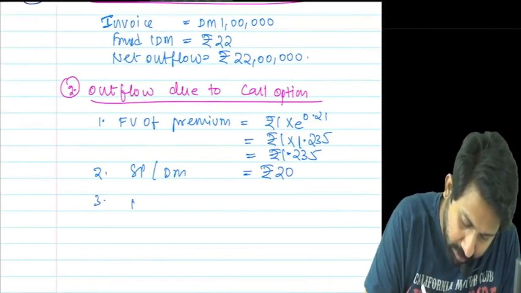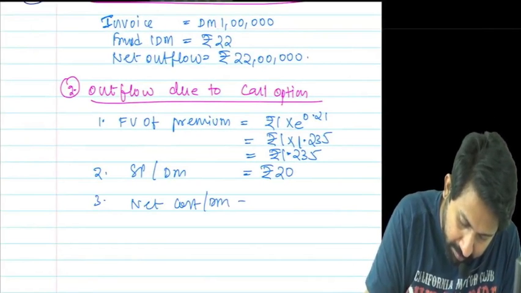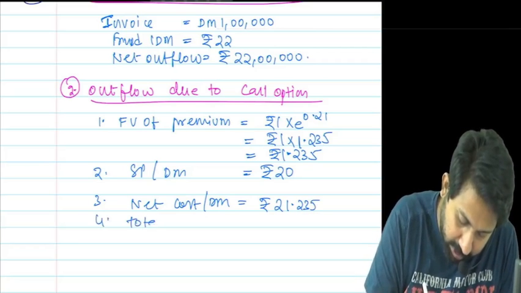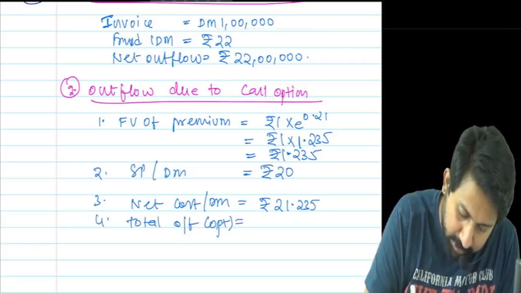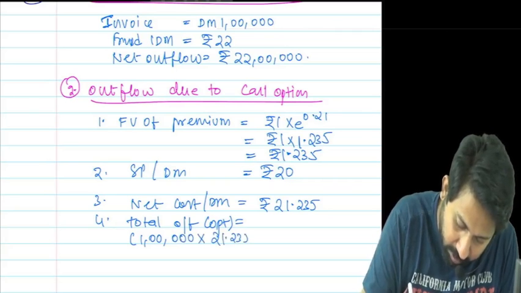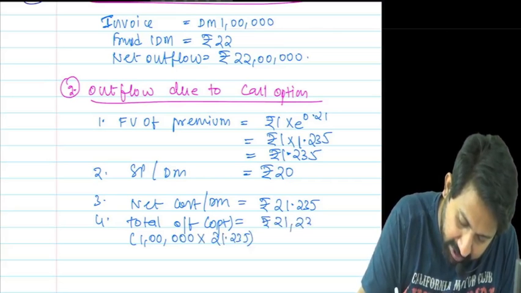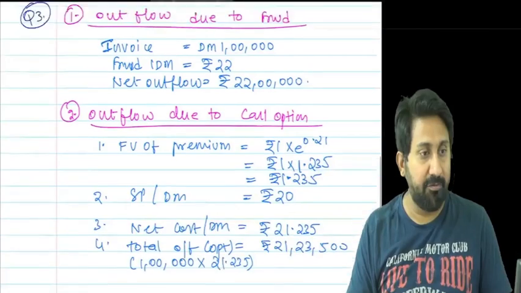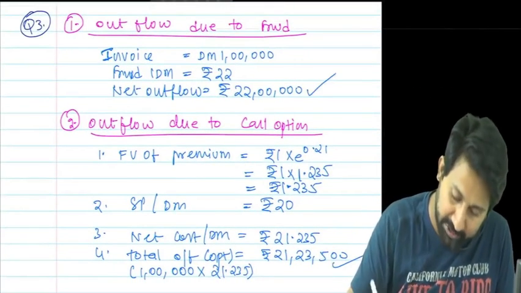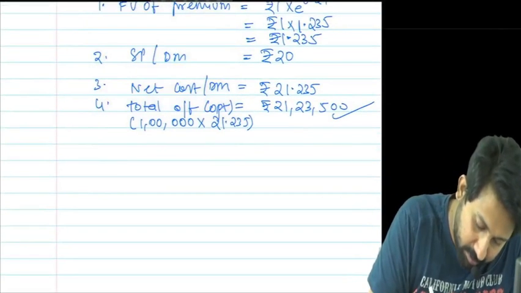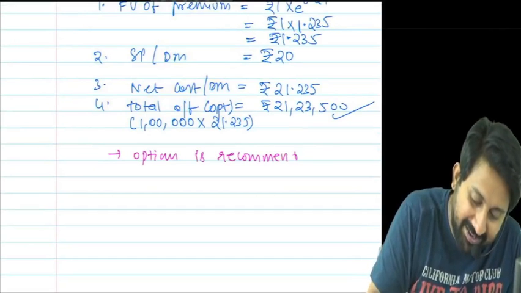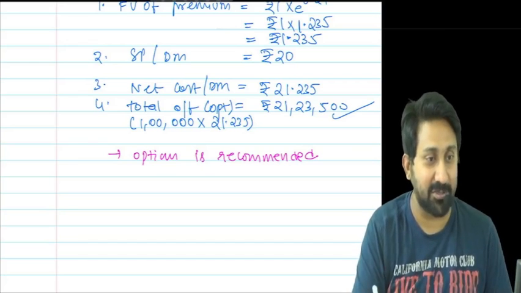So net cost per DM is rupees 21.235. So total outflow due to option equals 1 lakh invoice into 21.235, which is rupees 21 lakh 23,500. If you make the payment using the forward, you need to pay 22 lakhs. If you make it using the options, it is 21.235 lakhs. Therefore, options are recommended. Obviously, when you are doing questions on options, options should be made the hero,